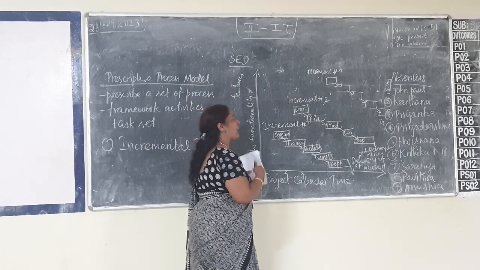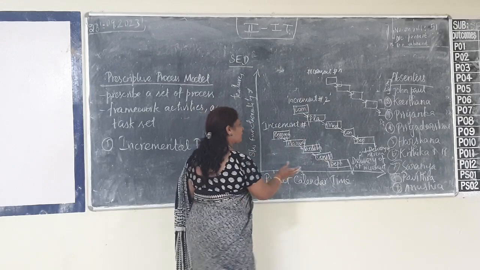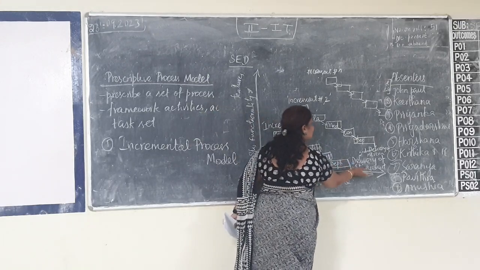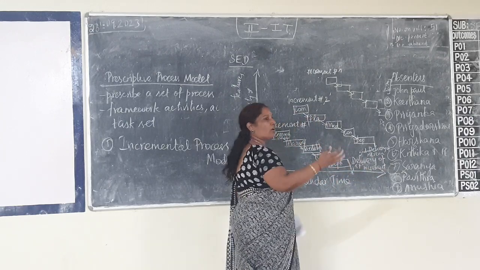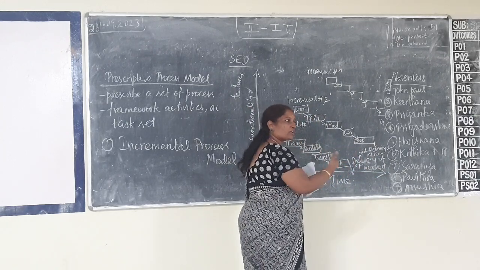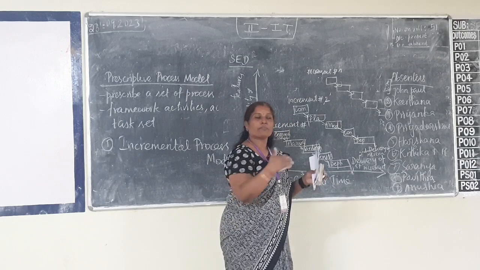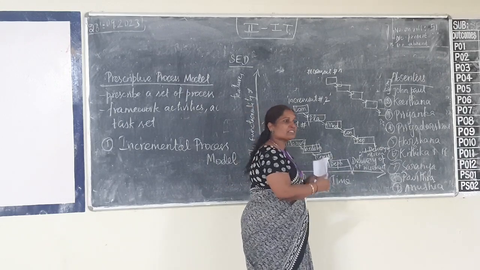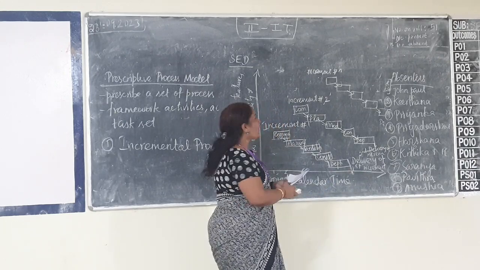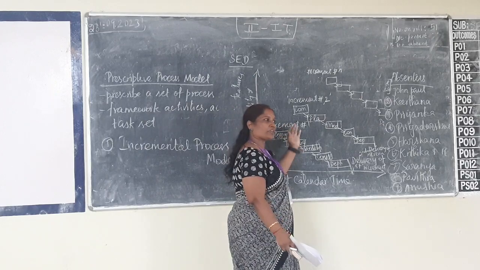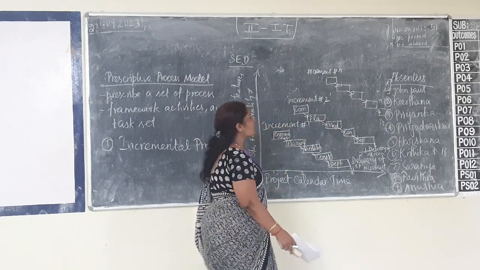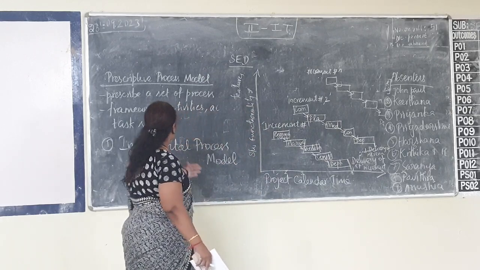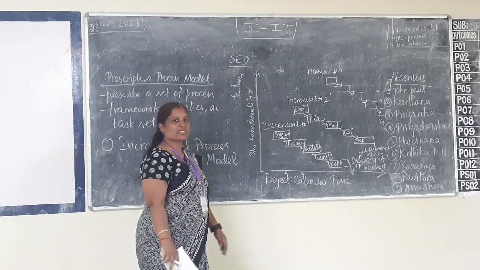But here, since it is happening parallelly, what will happen? 6th day 100, 7th day 200, 8th day 300. So the order of 1,000 will be completed so soon, because parallel processing has taken place. Parallelly all the 5 activities of your process will take place. That is represented using the incremental process model.